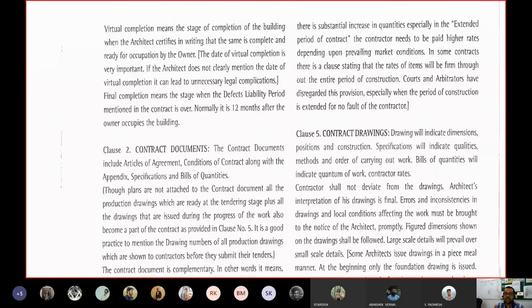So all these positioning systems are to be mentioned in the drawing. Now this drawing is not just a graphical drawing. It includes all other necessary information in the form of reports and specifications indicating the qualities, the method and order of carrying out the work. That means the hierarchy of execution of work. Everything gets into this contract drawing section. So drawing is not the graphical drawing, not the design, not only the working drawing, but all other necessary documents and information that help in the understanding or quantification of the drawing.